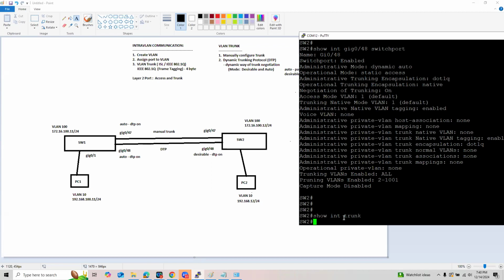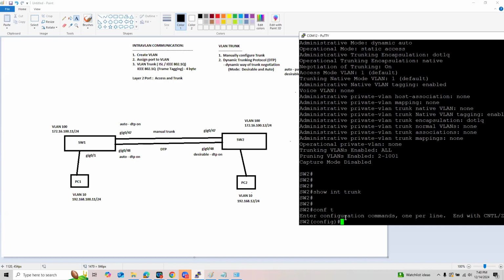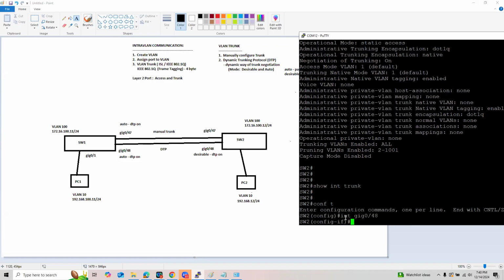Simple as that. So just one command to remember. Interface gigabit 0/48. Then I'm going to simply say switchport trunk. Am I right? Let me check.